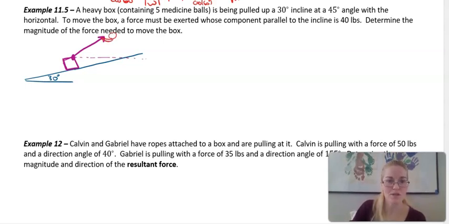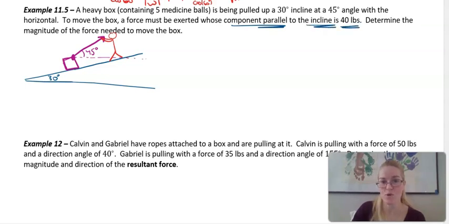You are pulling a rope, and you are walking up the hill, kind of like this. So here's your 45 degrees. But again, we still have the horizontal here. You're pulling it, and it says, to move the box, a force must be exerted whose component parallel to the